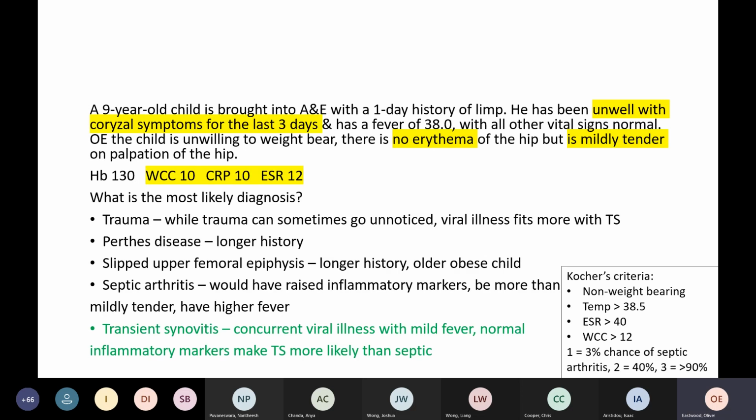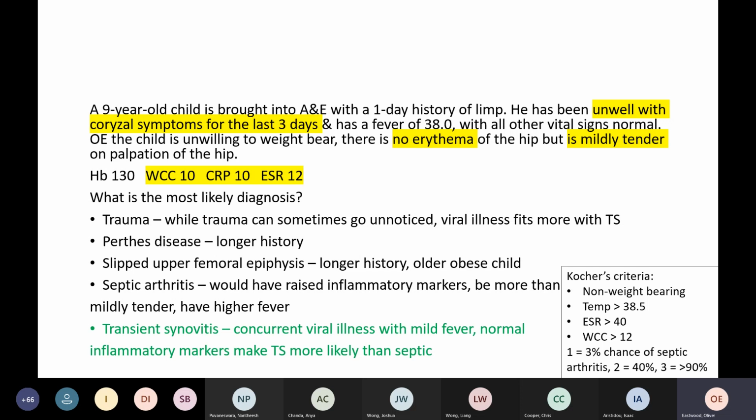So I've gone forwards and backwards so many times on these type of questions. So I think the Kocher's criteria is actually quite a useful thing to learn, as there will probably be a question picking between septic arthritis and transient synovitis, and these are really good to help pick between the intricacies. So the key here was the coryzal prodrome. So they've got a bit of an upper respiratory tract infection, runny nose, the like. You've not got a high fever, so you're not looking at your 39-degree fevers, and the child isn't